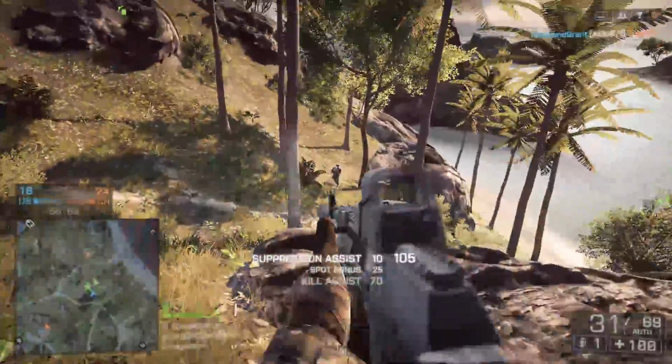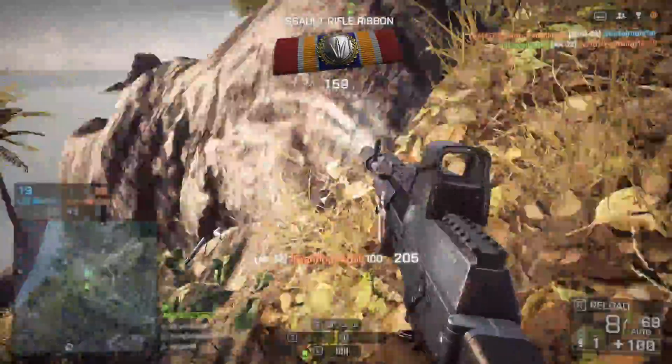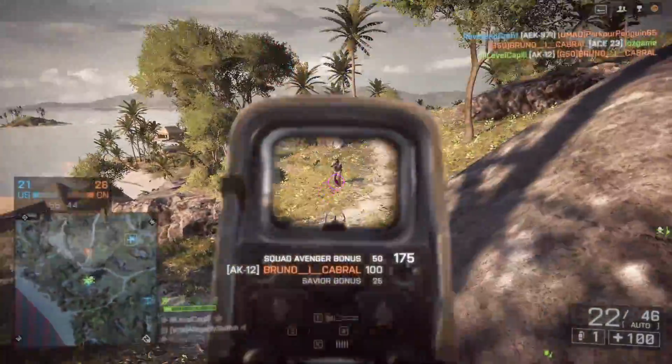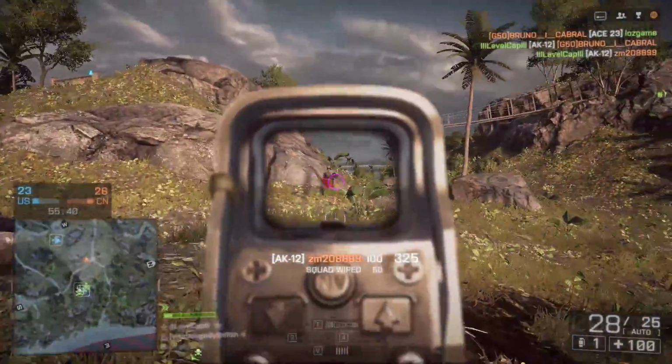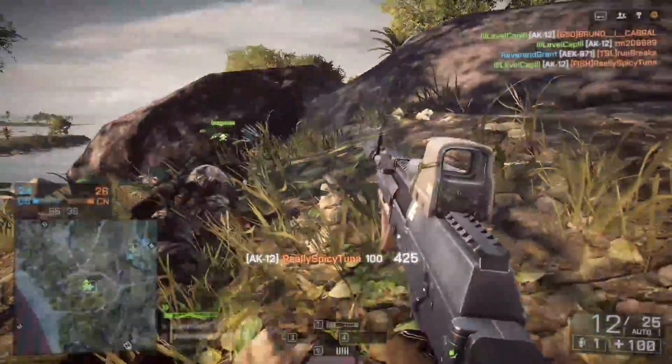I've also been enjoying the EOTech sight a lot lately, mostly for aesthetic reasons, but it is a fun little sight to use. The suppressor is definitely going to slow down your muzzle velocity on this AK-12, so your ranged effectiveness is just not really there, but if you can move around sneakily, then you can definitely get in there and do some serious damage, as I am here on